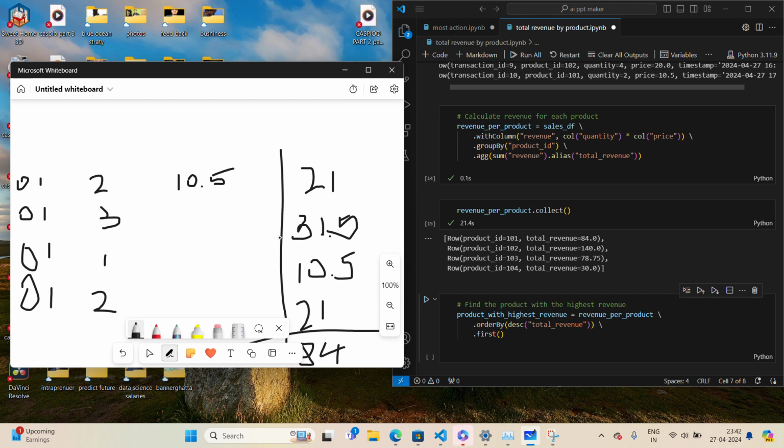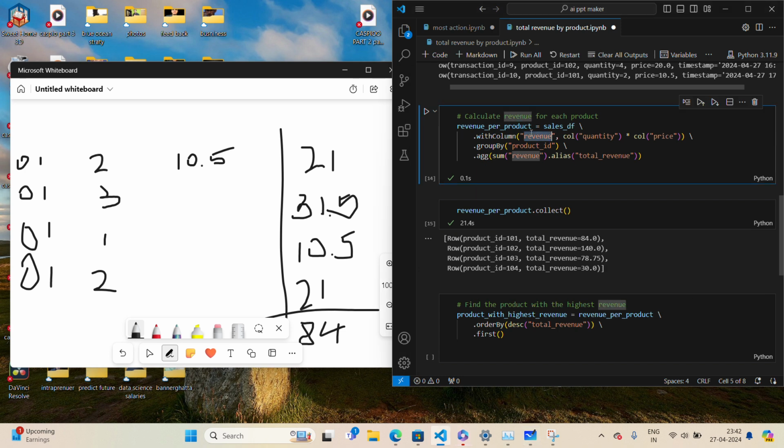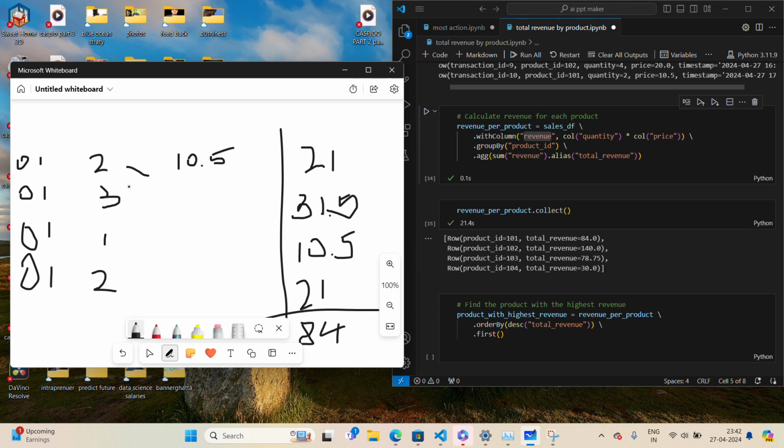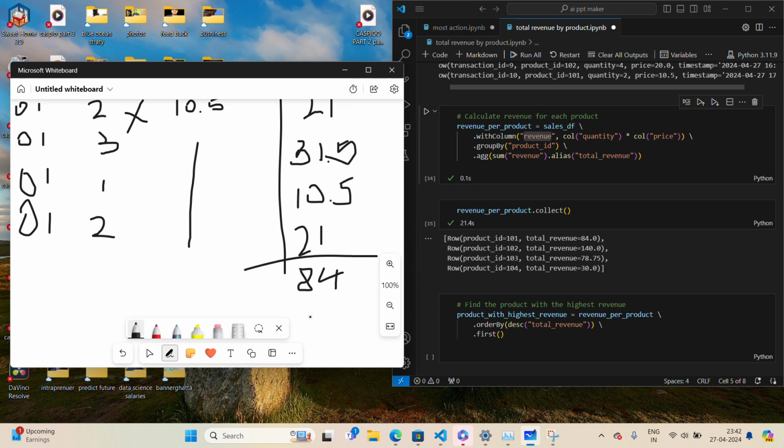We already had this part, we already had revenue here, because we did the multiplication, right? It will come for each and every row. We did the multiplication and we found the total revenue. Okay, so this is how we got the table. Looking at it at a glance, because the number of rows is very low,